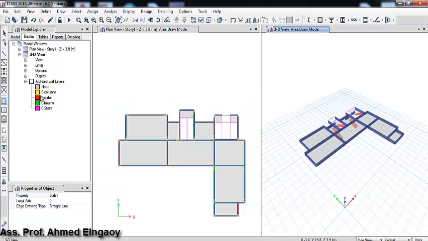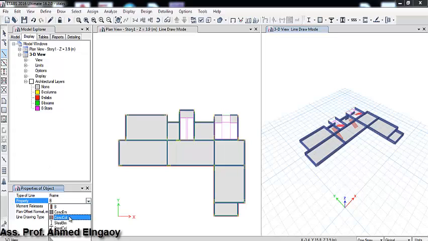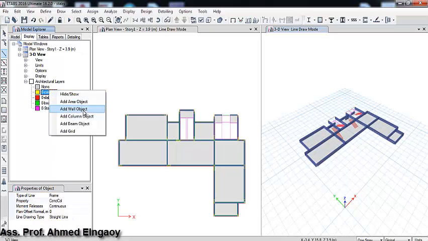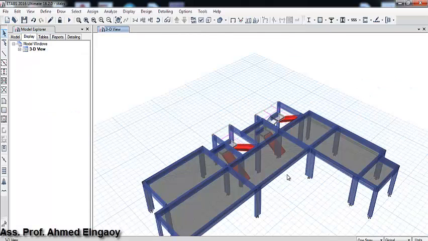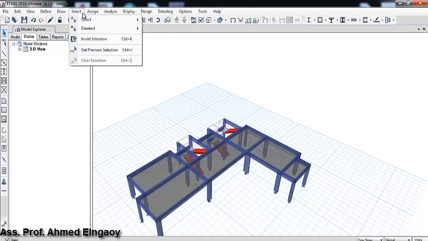Also we can choose the column like this, draw line, choose the section of the column, concrete column, and choose column, add column, no problem. So the first floor like this is finished. So now we need to make a copy of these 2 types of stairs for the second, third, fourth floor, any number of stories. We just need to select the slabs and the beams with them, so we can get it any way. We can select it by the order select,